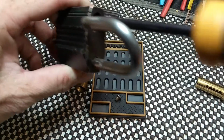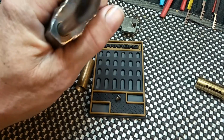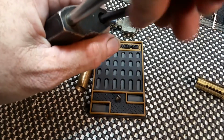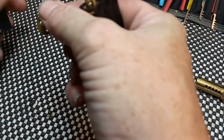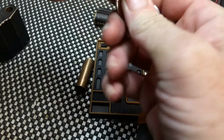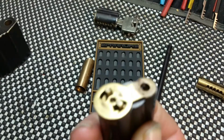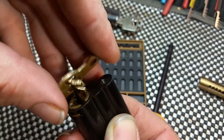I'm going to have to screw it all the way in. There we go. Aren't you turning? Something's in the way here. Be this doodad. There. I had it on backwards. See here? If this thing is on this way, oh son of a...